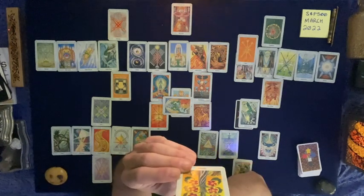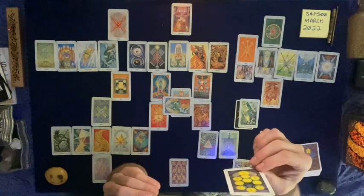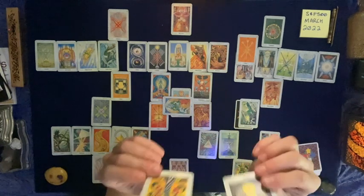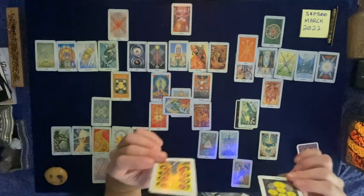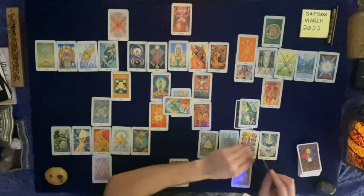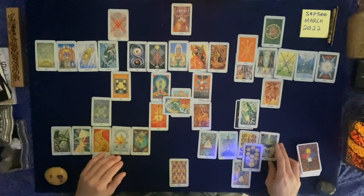We've got the Prudence card, and that's on Wednesday the 30th. It's crossed with the Wealth card, so there's going to be a big move to the upside. Look, they're both big. Look at that. There's likely going to be a big move to the upside with multiple false tops. That's what I see as of right now. And then